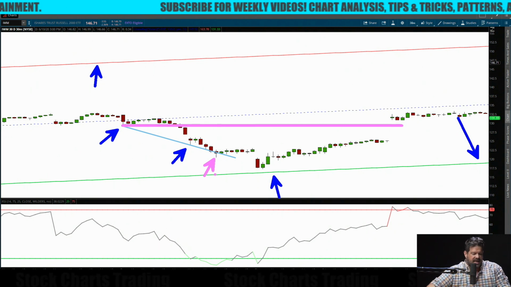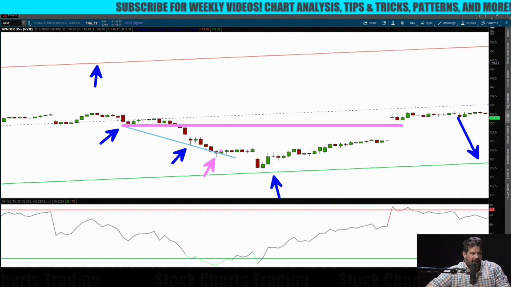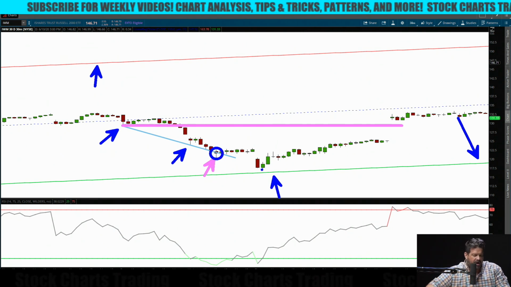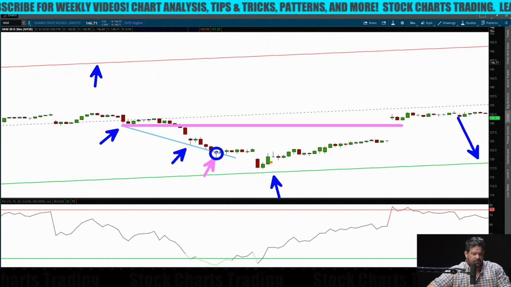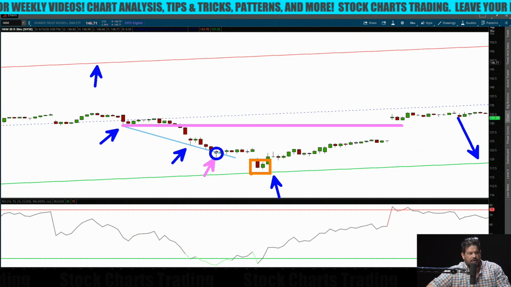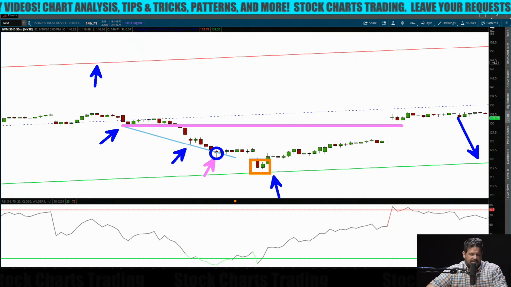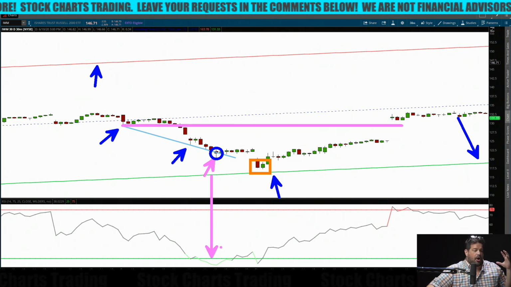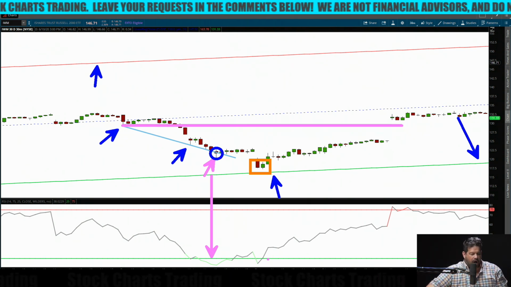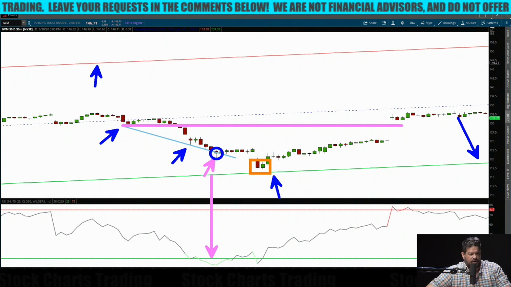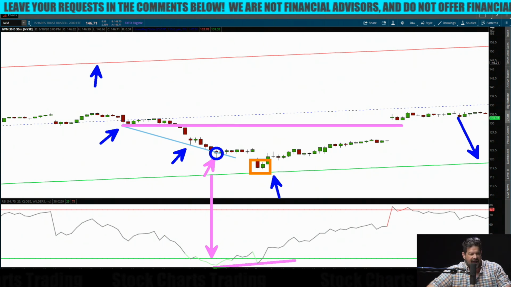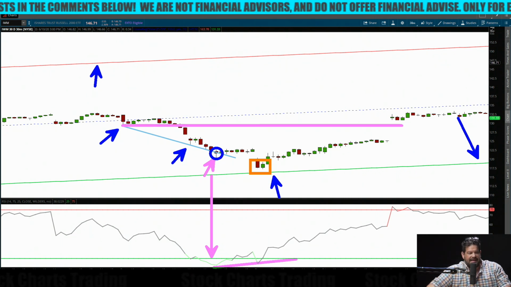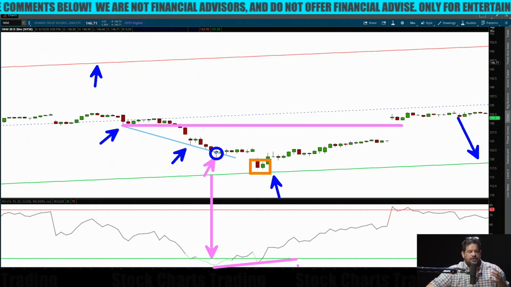But my question is, if you could buy, where would you want to buy? Would you rather buy right here on this break, or would you rather get the confirmation of this linear regression channel line down here a little bit lower, giving you better odds? Right here, you had a low RSI, which the trade confirmed. It's like, okay, you can get into this trade, but for better odds, would you rather have a divergence created in your RSI right here? See how price is going down as the RSI is going up,